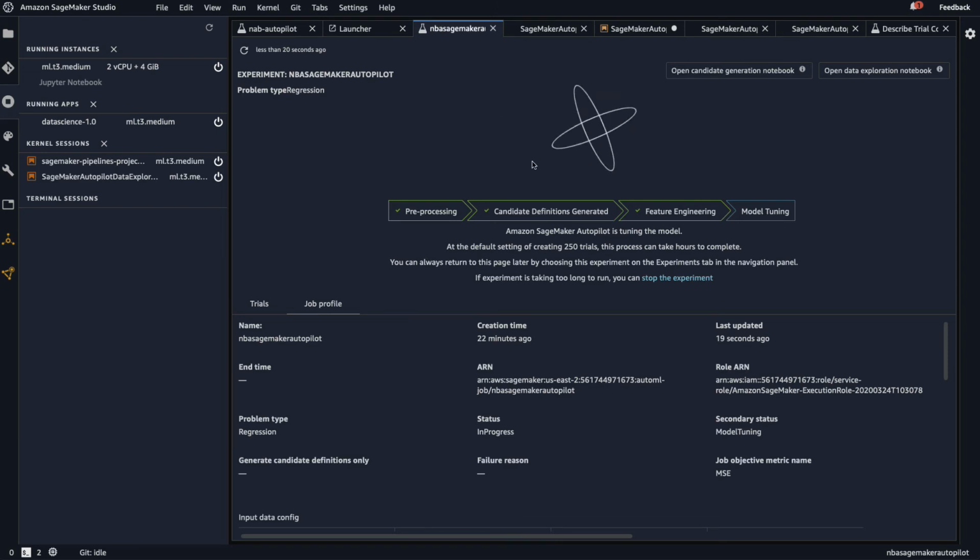Now, one other thing I'll take a look at here as well, as this is going through its model tuning, is that notice that there's a trials tab here and there's a jobs profile tab. And in particular, the jobs profile, you can see that this job was created roughly 20 minutes ago. It was last updated 3 seconds ago. It periodically refreshes. It tells us the progress, right? It says in progress here for the status. It tells us the type. It gives us secondary status. It says basically what is happening in the background here,